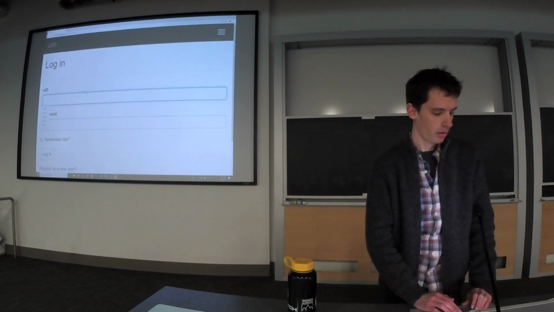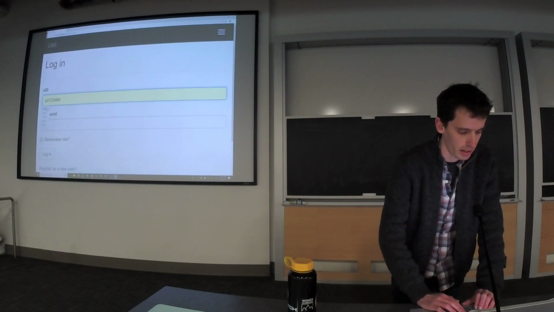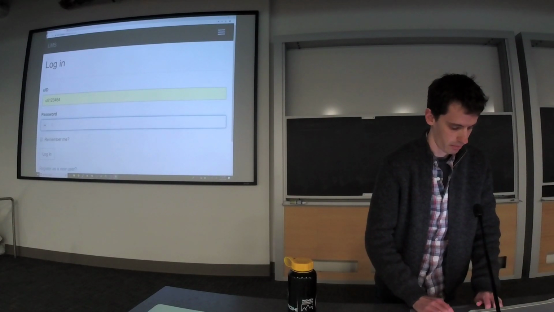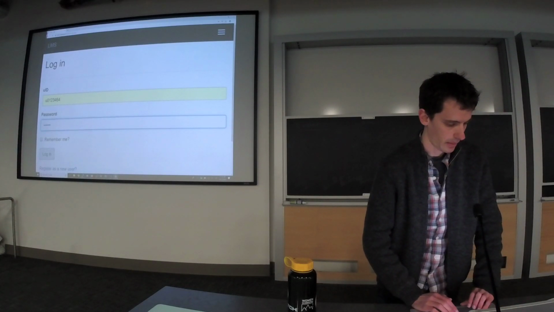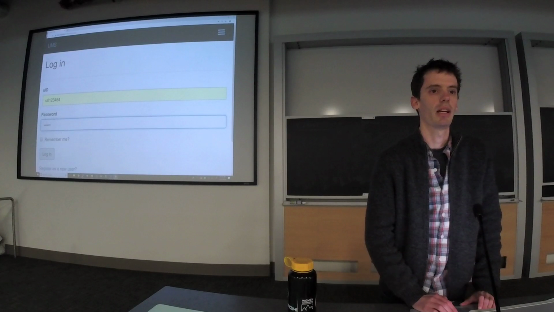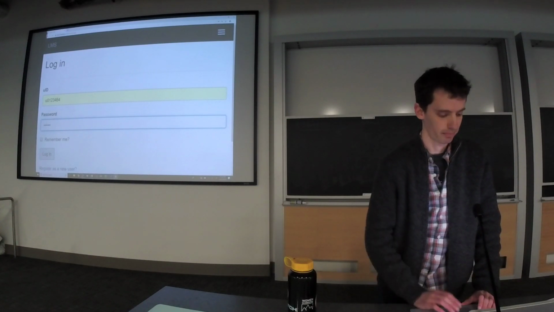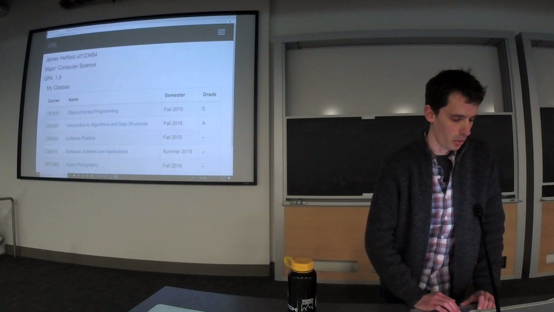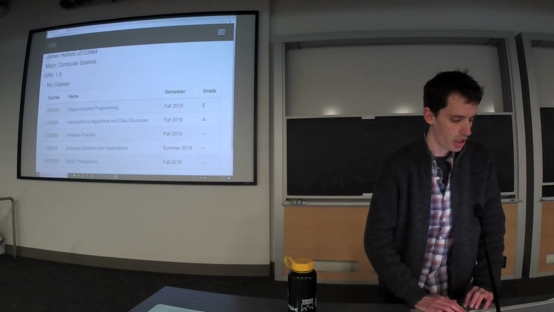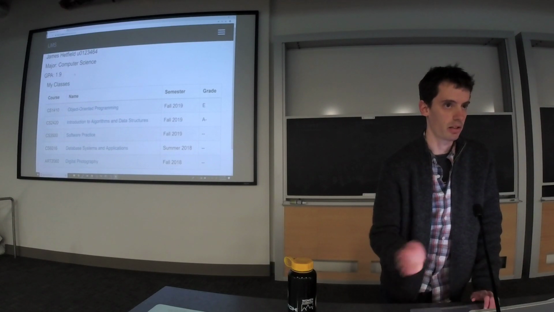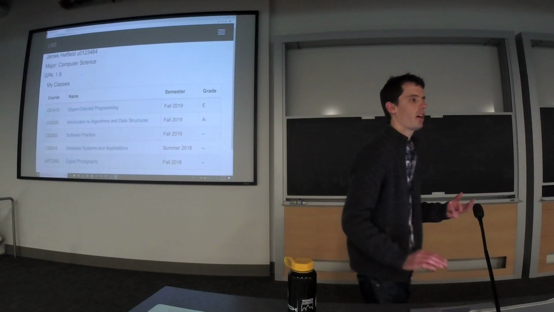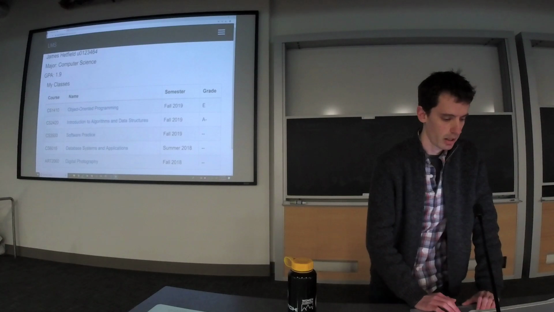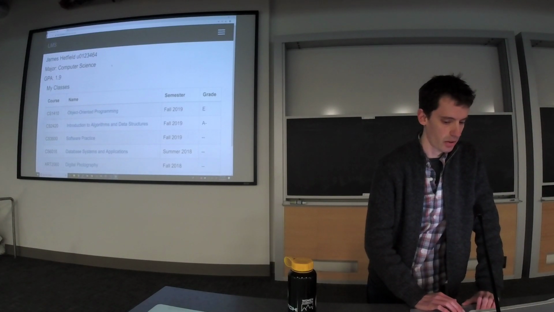So I will log in with one of these UIDs that the browser has automatically remembered for me. Remember, UID is one of the attributes on a user. Okay, so it logged me in. I have a GPA. That means this is a student. So when you log in, you don't have to say, I'm logging in as a student or an administrator or whatever. It knows that based on your UID. And then the home page for a student is